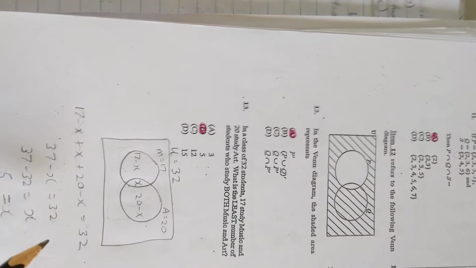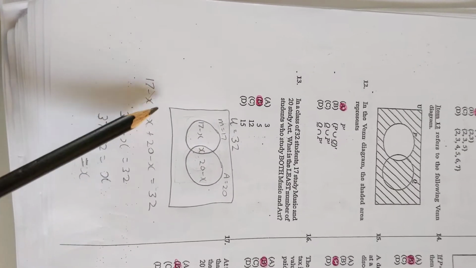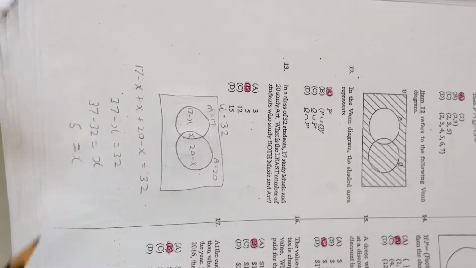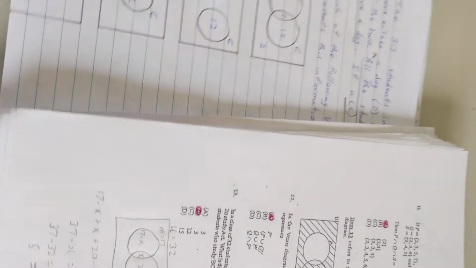X, the sum of the circles, the union, sorry, is going to add up to that. You do your algebra, minus X plus X is 0. When we clean it up, X is going to be 5. And that takes me to